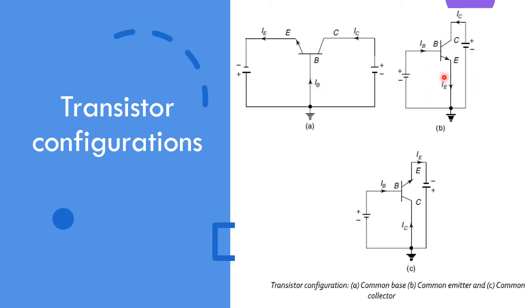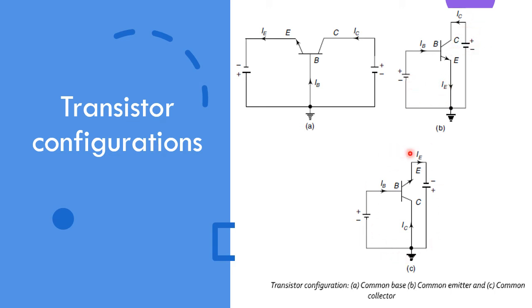Here this is the common emitter configuration. So the emitter is common; you just have to rotate it with the emitter grounded. Now this is the emitter, and the input terminal is the base, so here you have to draw the input terminal. This side is the output terminal. Always the input terminal should be forward biased. Since we have drawn it as NPN, this is N and this part is P, so positive is connected to positive and negative is connected to negative. Here it is in reverse bias condition.